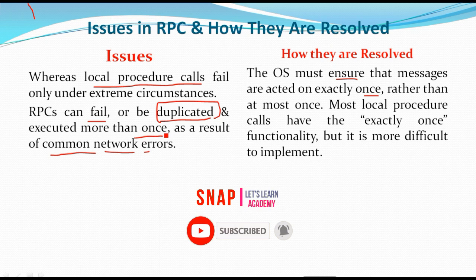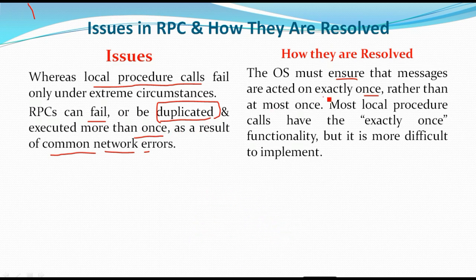So exactly once means the message is sent exactly once between the client and server, so we cannot execute more than once, and we can't get any kind of network error if it is sent and received by the server. Rather than at most once,